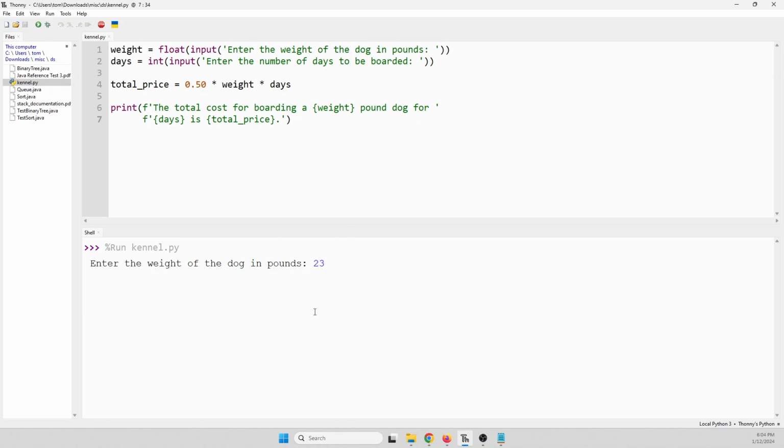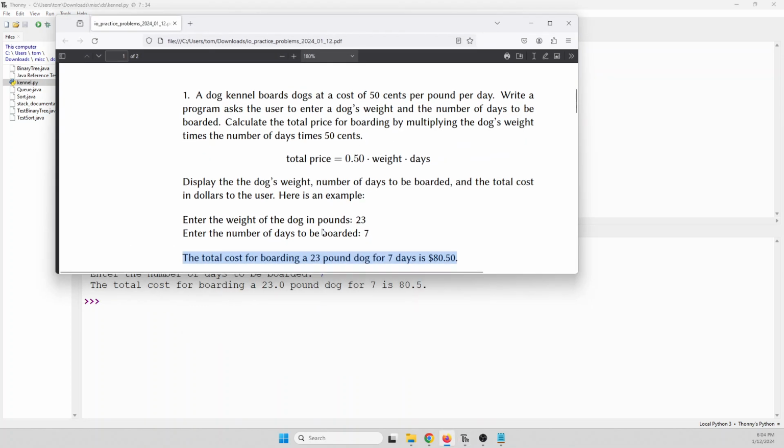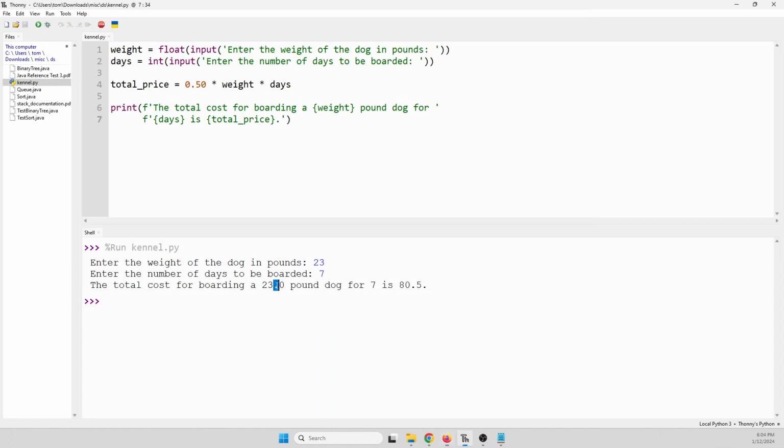All right, so if I do 23 and 7, all right, you can see that's looking a little bit more like the message right here. One thing to notice is that here, for 23, I didn't have this 0.0 in here. So I don't want that decimal place. If you don't want that, then what you could do is put colon 0.0. And that will give it a precision of 0, so that'll round it to the